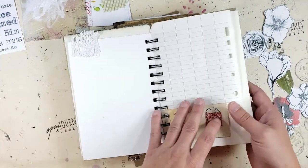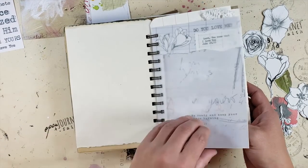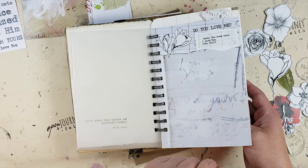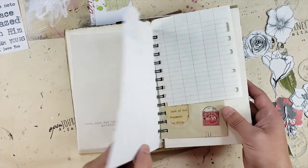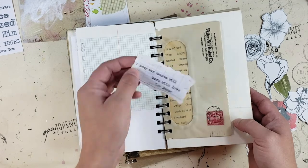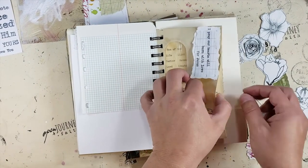I got these cool pages ready to work with. This is like the packaging from the tickets, from the add-on pack. So you can feel free to use it. It looks really cool, a little like old envelopes. I think that's going to go there over the address. And in here,